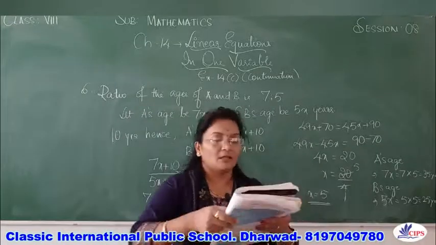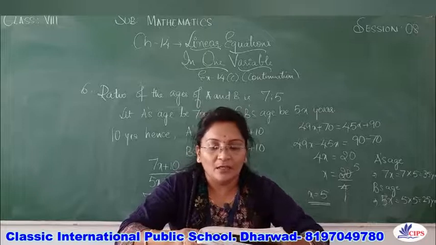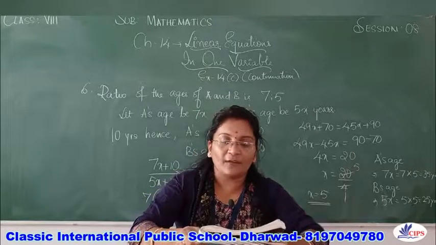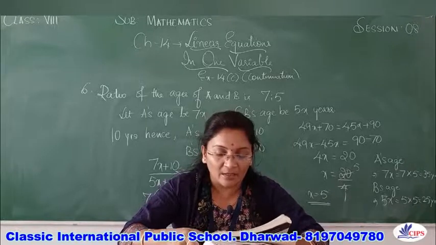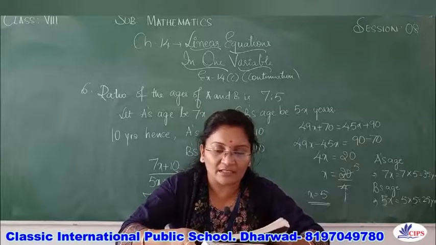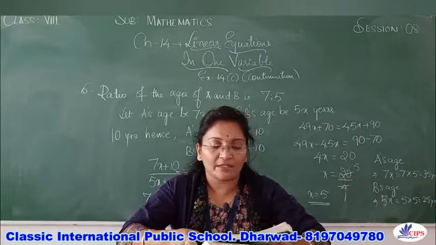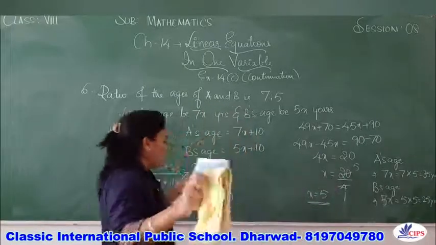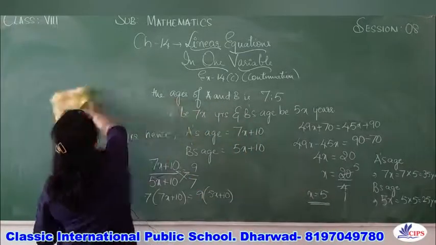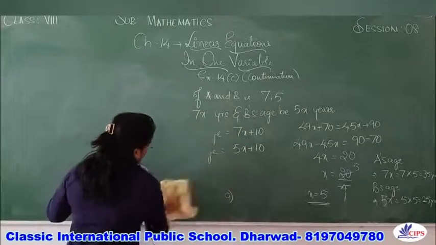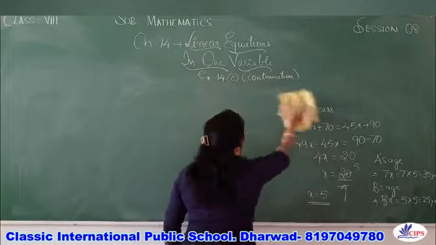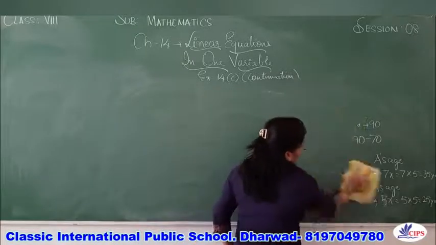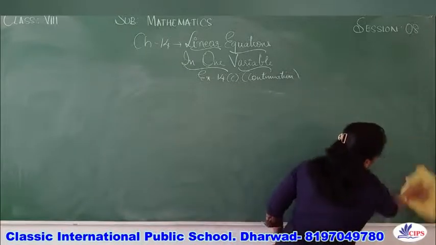Now let us move on to the seventh one. So the seventh one they have given you: find the number whose double is greater than its half. Find the number whose double is greater than its half, they have told you. So let us find the seventh one. So let us assume a number first. You can take any variable. So I will take A.